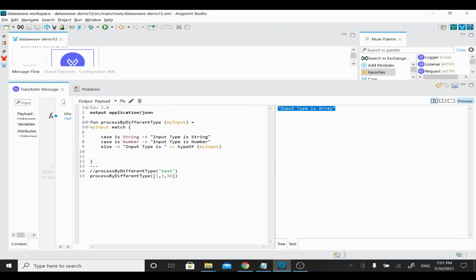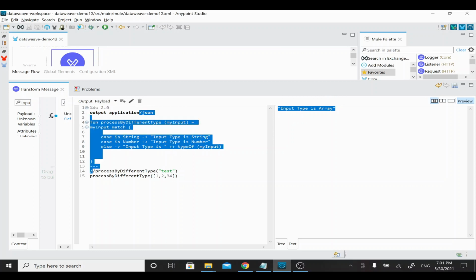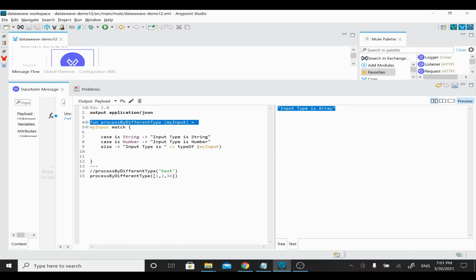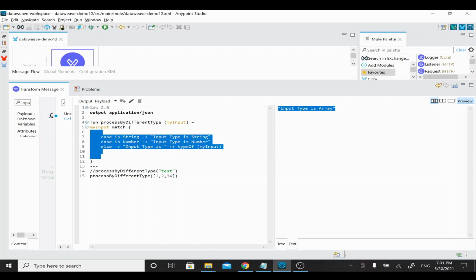So now what we have done is created a function called process by different type, and whenever a value is matched, we have a different case statement, or we call it a switch statement. Whenever that criteria is matched, that value is printed. Here I just check based on the data type: if it's a string, if it is a number, else I have printed.